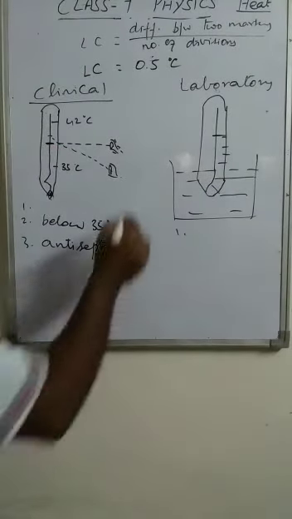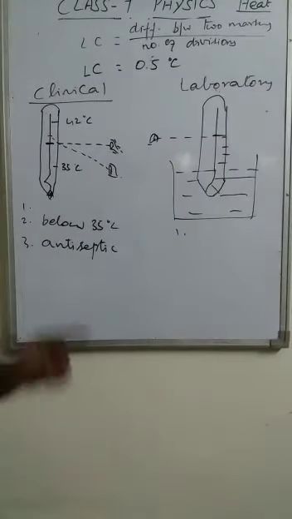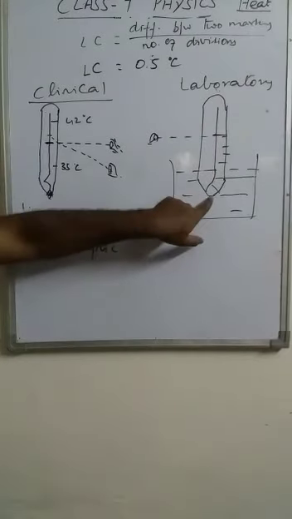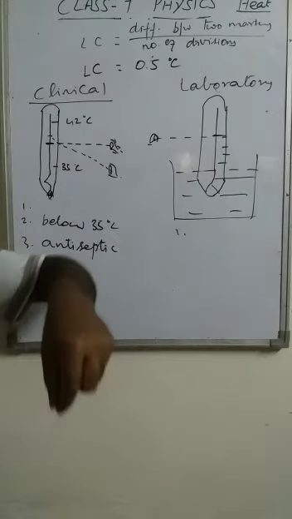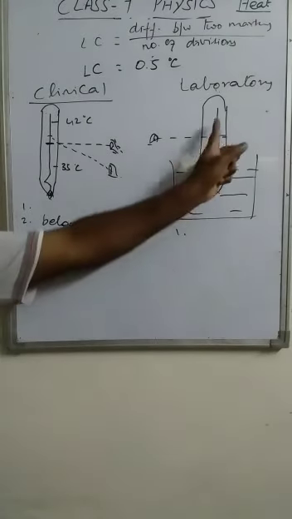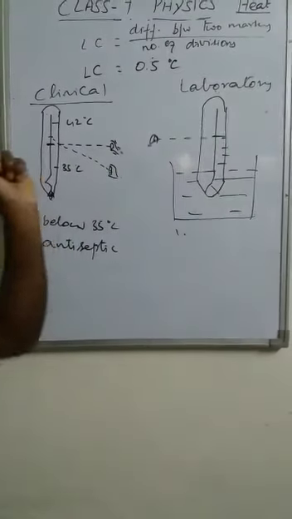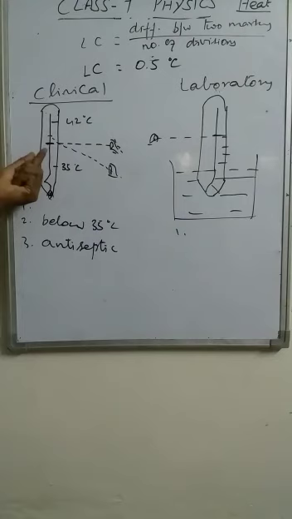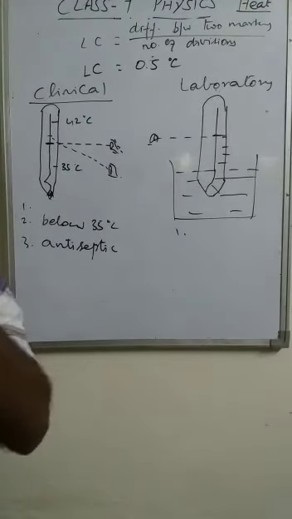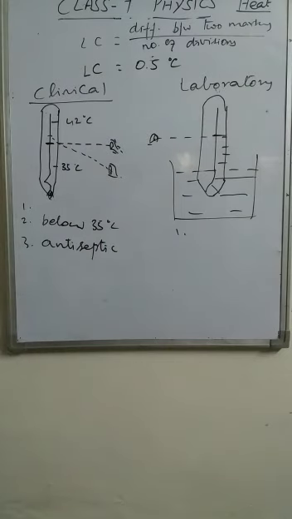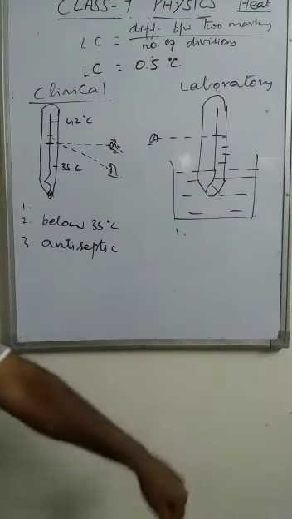The second precaution is, suppose the level of mercury reaches this. In that also the eyesight must be in the same straight line. Here, to measure the temperature of this water, the thermometer must be kept inside the water itself. By keeping this thermometer inside the water, we should read the value. But in a clinical thermometer, after a minute, the doctor takes out the thermometer from the mouth and reads the value. Here, the laboratory thermometer should be kept inside the water.